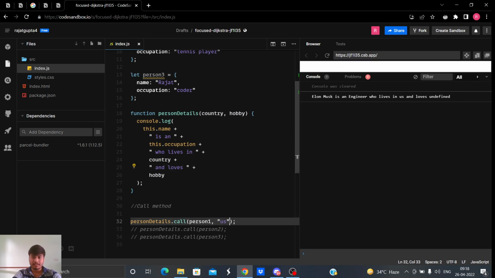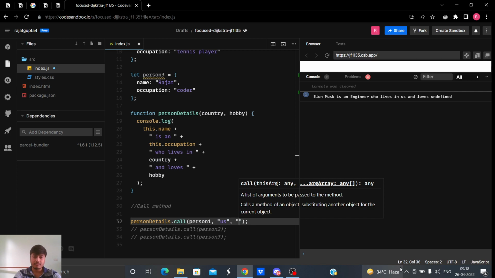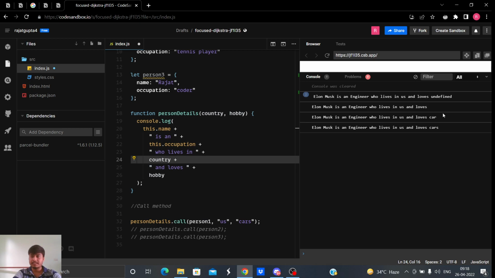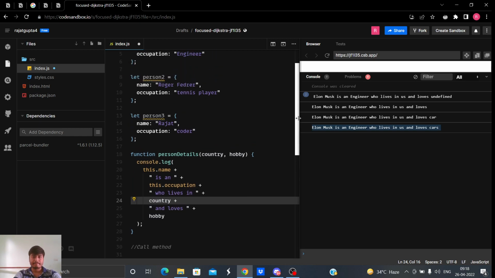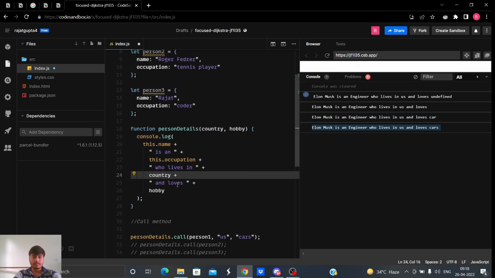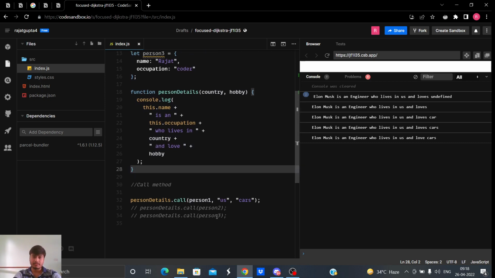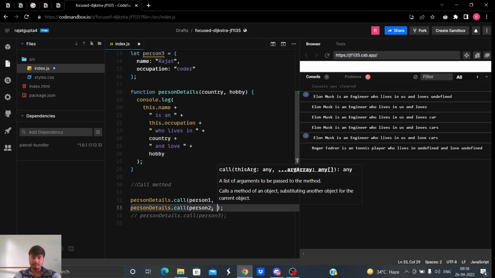What's the hobby? So let's have his hobby, let's have cars here. So we got Elon Musk is an engineer who loves cars. Okay, so we got it here. So yeah, that's what call is all about. You can do it for person 2 and person 3 also. Let me do it for person 2, where Roger Federer lives. Maybe Switzerland, no?